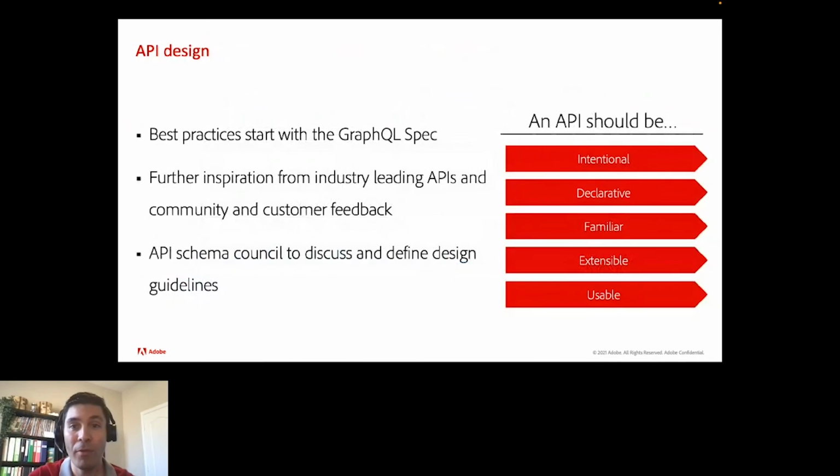We're constantly striving to define and evolve our API and extract the best practices, but also how to articulate them. In part, we're keeping up with the GraphQL spec, right? So our schema is compatible with the GraphQL spec as much as possible, which gives familiarity to a developer starting with this API.